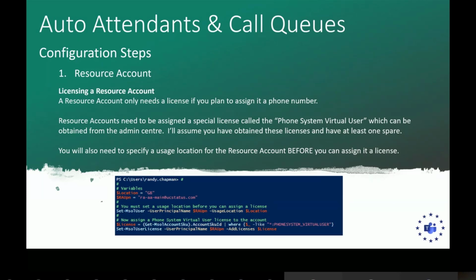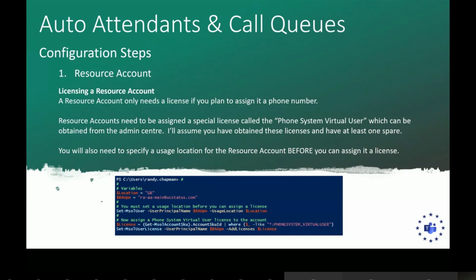Adding a license is pretty easy, just a little bit of PowerShell, as I said, or you can assign it in the Teams admin center. So in my case, what I've done is I've collected some variables. The first thing you need to do is specify a location. I didn't notice that until a few days ago when I was writing this deck, actually. When I first set the license for it, I don't think I needed to specify a location, or maybe I did it in the Teams admin center, but you need a calling location effectively to make it work. Then you assign the license.